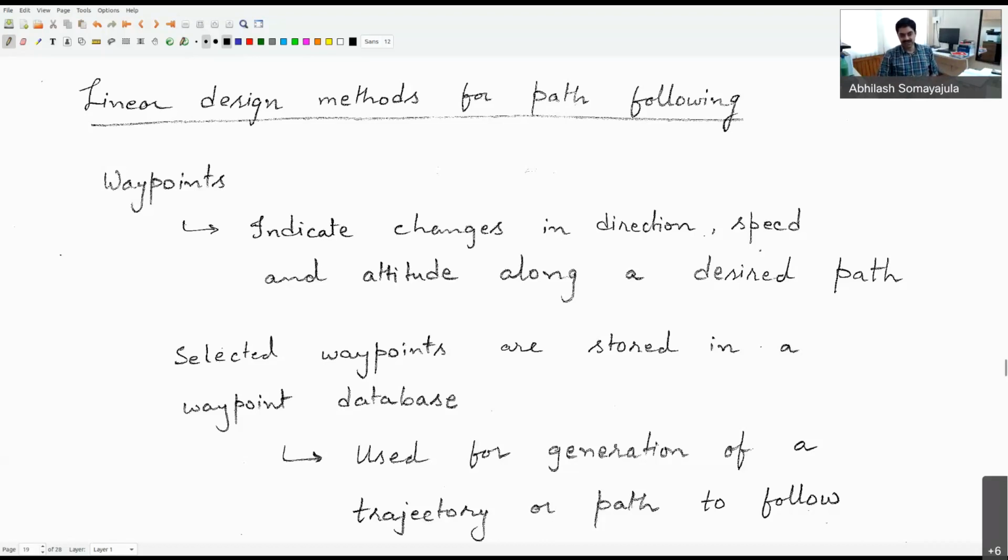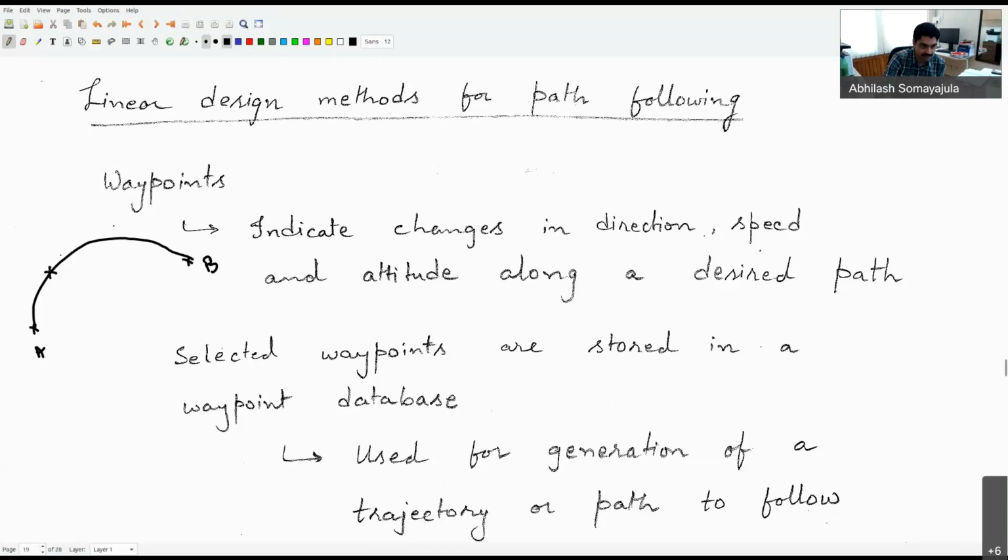Okay, so when we are looking at the linear design method for path following, one of the common ways to look at it is a waypoint. So we specify that I want to go from point A to point B. And we are specifying the so-called path between those 2 points in terms of some interim points. And at those interim points, we are specifying what the change in velocities or the change in directions is along the desired path. So let's say that I have a point here A and I have a point here B. Then the idea is that if I want to follow a path,